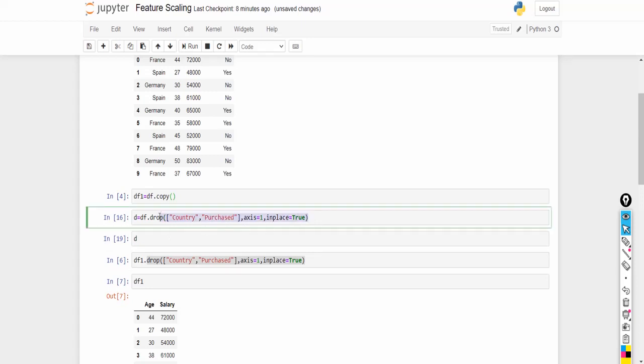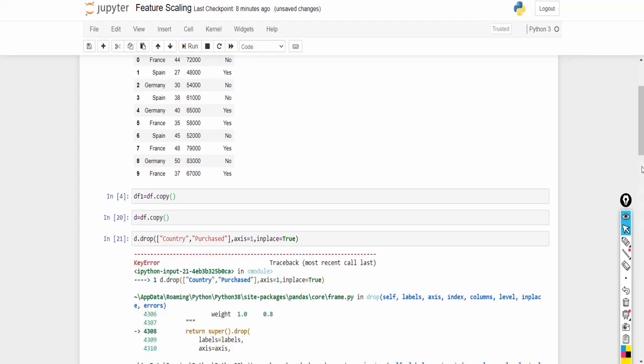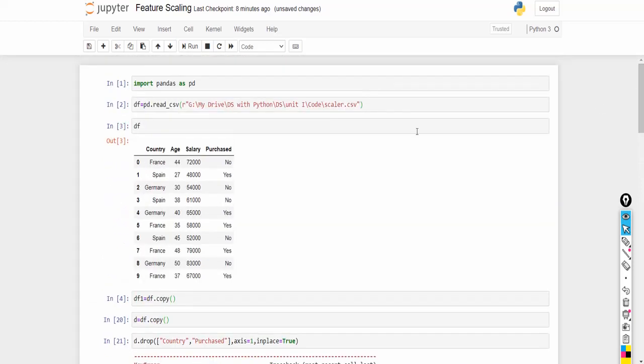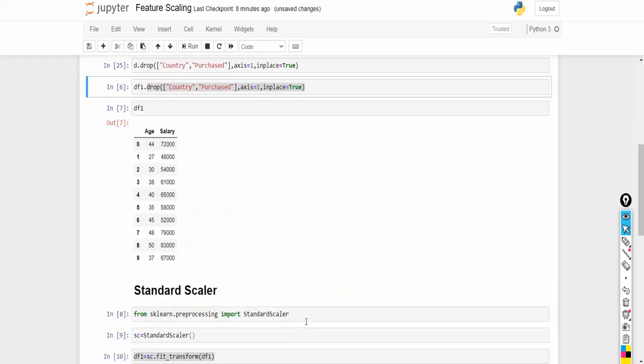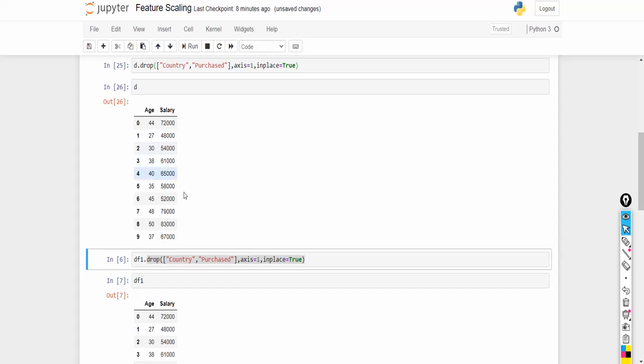It is not working. Okay, so let me print d. So this is my d. I will be using this d and create the copy again.